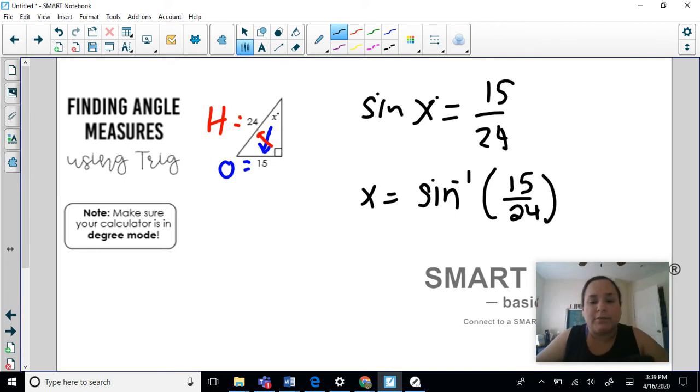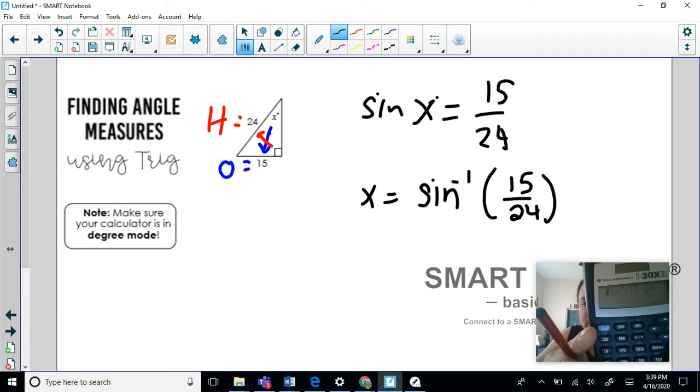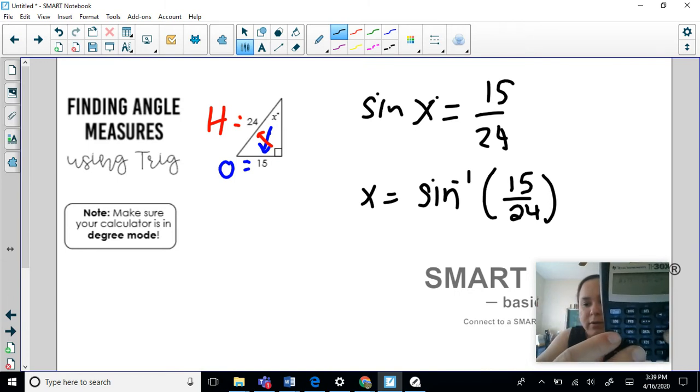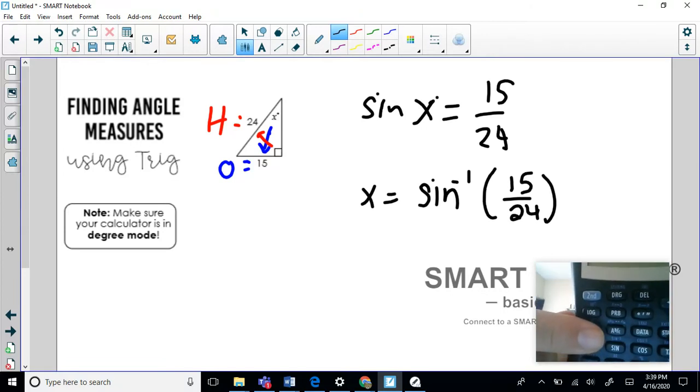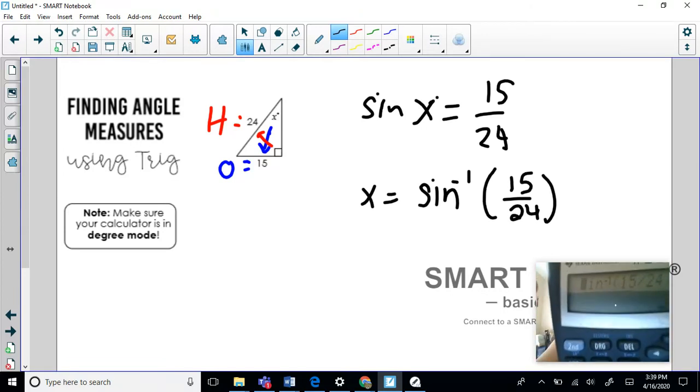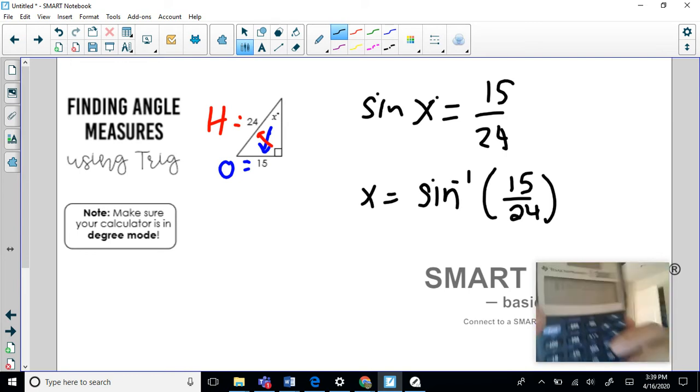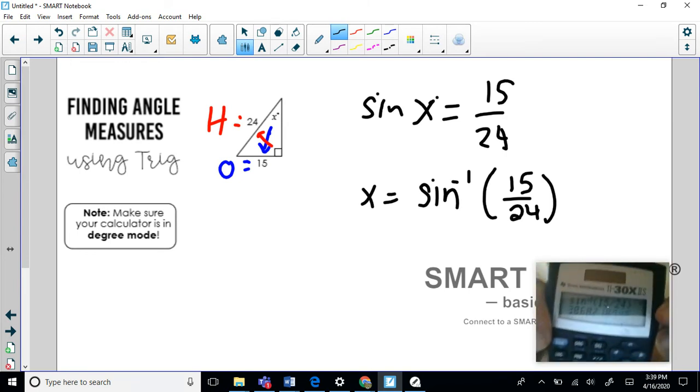So when we type that into the calculator, this is how it looks. Sine inverse, parentheses 15 divided by 24. Notice that we have a sine button here, but at the top, it says sine inverse in blue, so that means that we have to press the second, and then we press sine to get sine inverse so that it looks like this, okay? And when you press enter, this is the answer that we get,